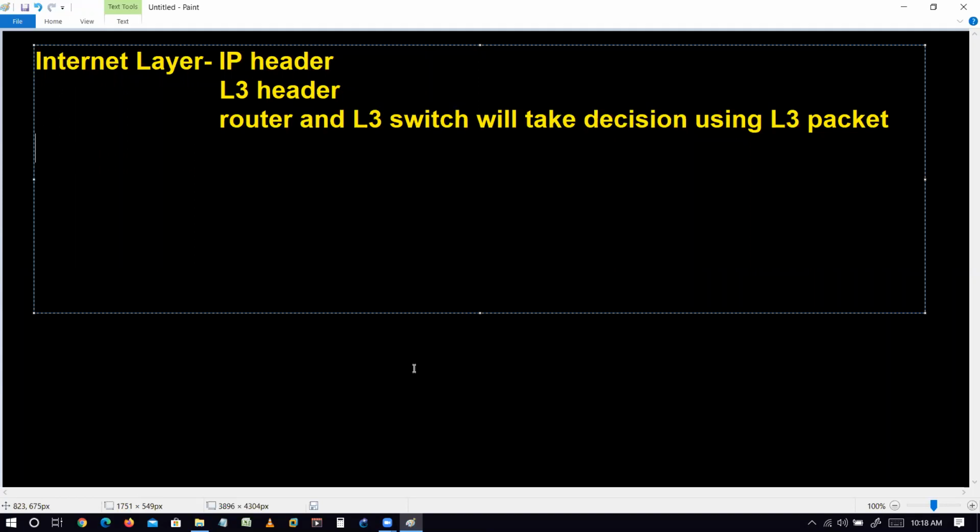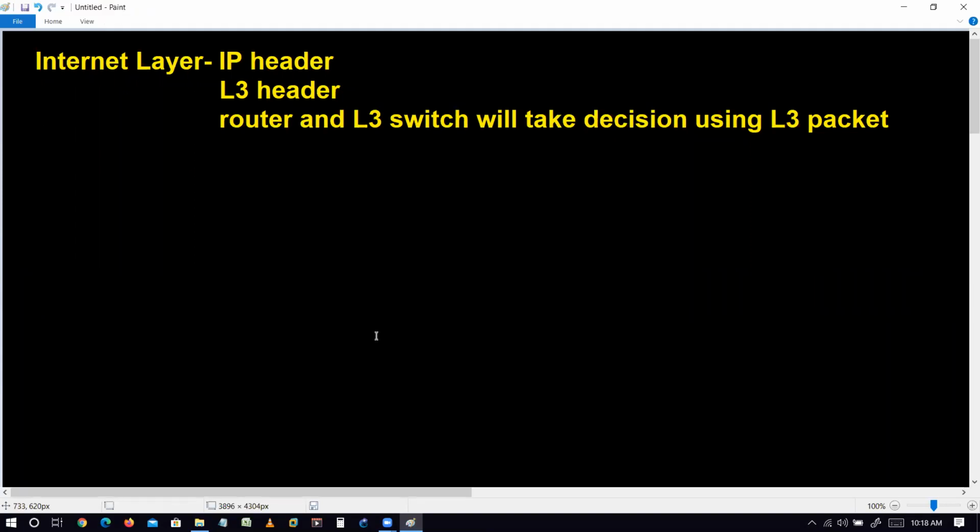So about this IP header, let's suppose the device will send a packet out, correct? At that time it will add a new header in layer 4 and in layer 3 as well, correct? In layer 4 it will add TCP or UDP. Now in layer 3 what will it add? First of all, what we know, it will add the source IP address and destination IP address, correct?